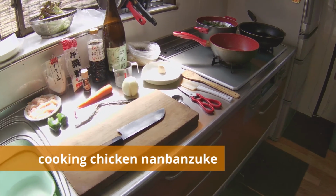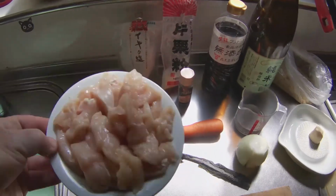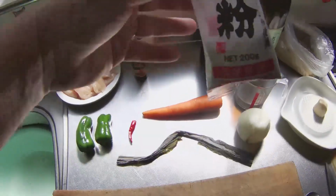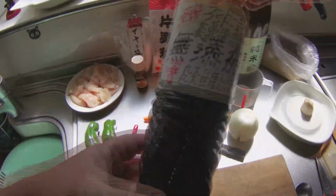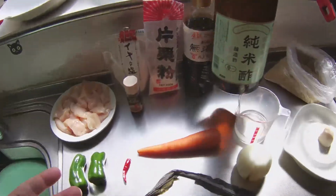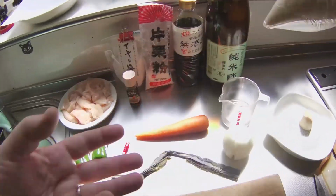Today I will show you how I cook a delicious chicken dish that is called toriniku nanbanzuke. To make it, I will use 1 chicken breast, a pinch of salt, a pinch of pepper, 50 grams of potato starch, 1 tablespoon of soy sauce, 4 tablespoons of vinegar, 1.5 tablespoons of sugar,